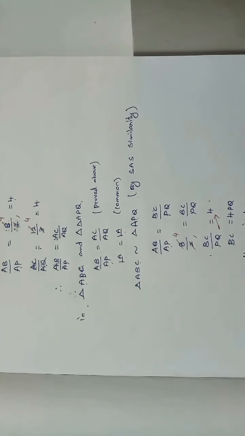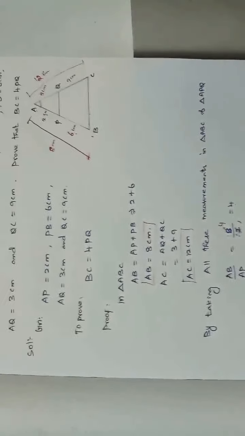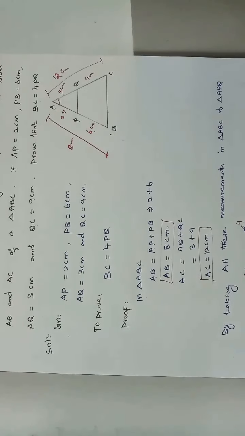Understood? While we are reading the question itself, we have to come to the conclusion: how we are going to prove it, and what the givens are. From the diagram you have to analyze how we are going to prove. And today's homework is the same thing. You have to write all the questions, prepare by yourself and try them in the rough note.